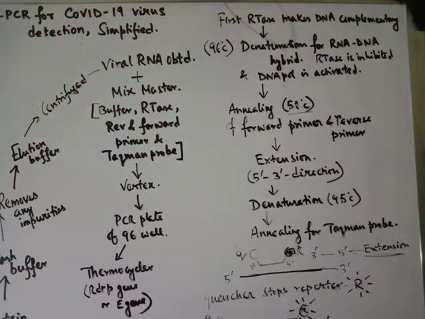This is then first of all denatured at 95 to 96 degrees Celsius, depending upon the company processes or instructions, and this denaturation helps to remove the RNA-DNA hybrid. At this high temperature the RTS is inhibited and the DNA polymerase is activated, because in this case we are using Thermus aquaticus DNA polymerase, Taq DNA polymerase. The RTS is an enzyme protein, so it gets denatured, but the DNA polymerase is very much resistant to high temperature, so it is activated at that temperature.